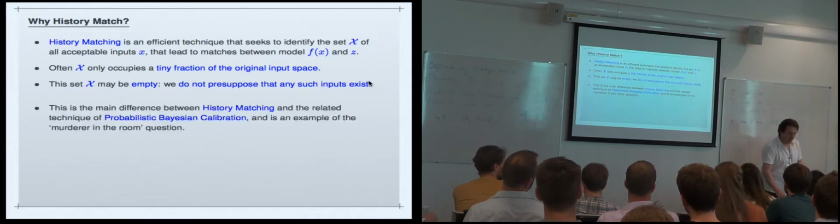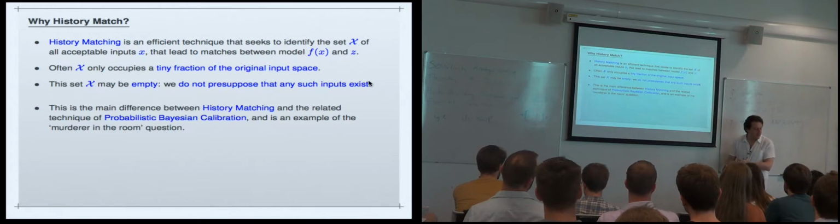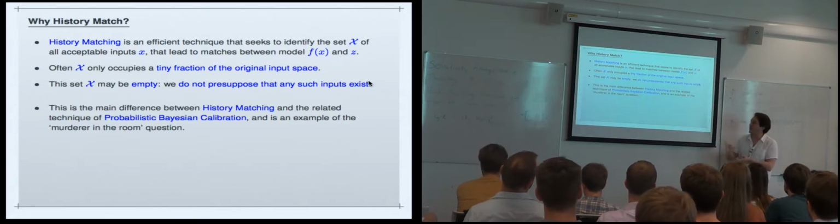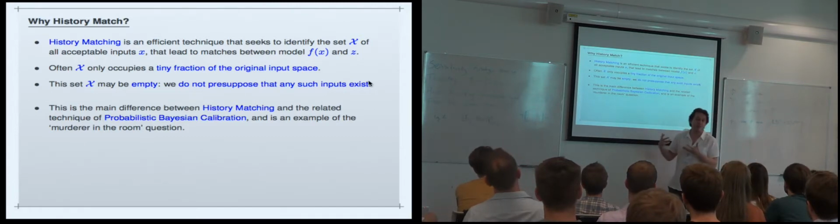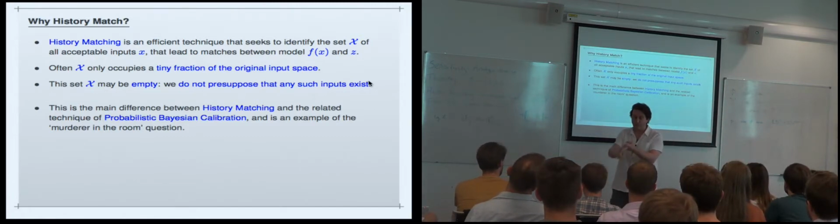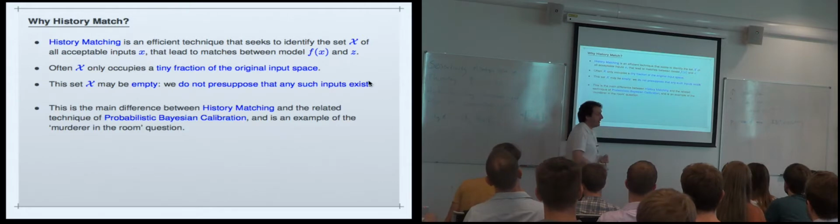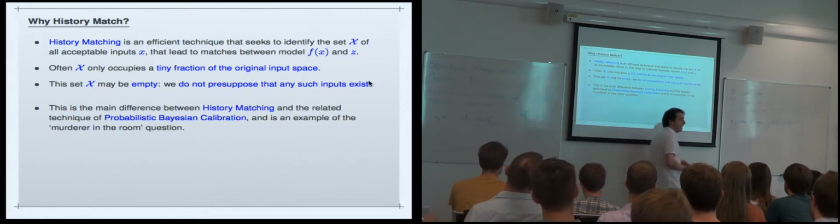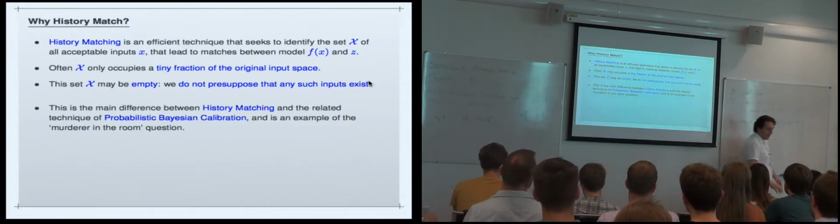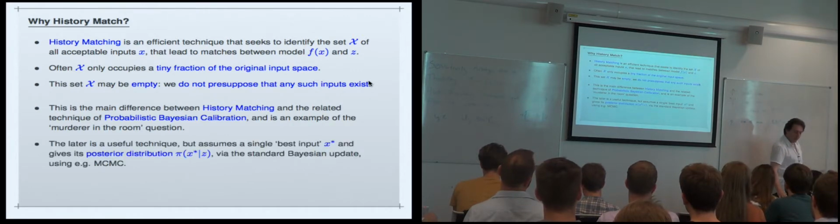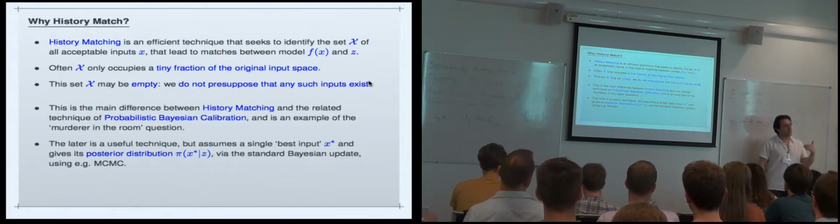This is the main difference between history matching and the related technique of probabilistic Bayesian calibration, that's the kind of phrase for it in our world. But really that phrase, probabilistic Bayesian calibration, just means Bayesian inference: MCMC, ABC, like what Richard was talking about, or any similar sampling algorithm that tries to get at your posterior. Okay. Now, the fully Bayesian approach is very, very useful, but it has an implicit assumption underneath it, which